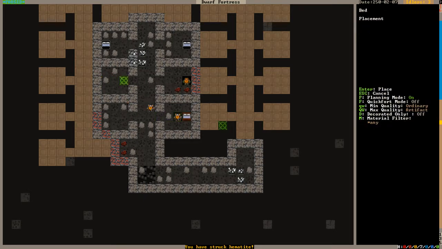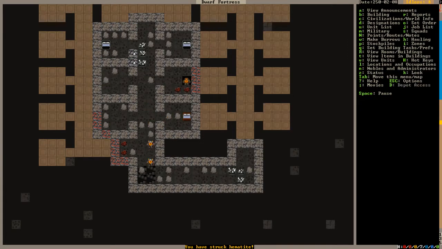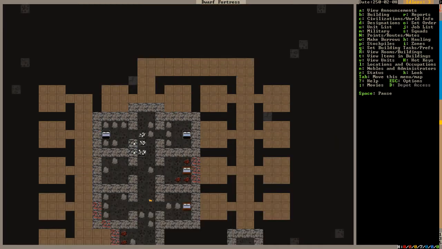So that's enough for 6 dwarves. As you might have guessed, we have a little more than 6 dwarves. How many more? Let's find out. Oh, we don't. We have exactly 6. Well, isn't that perfect? No, wait, we have 7 citizens. Oh, right, the first one's selected. He's not that. Yeah, we need 1 more bed at least for these guys, so